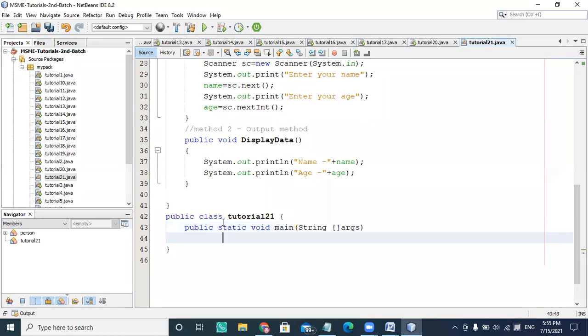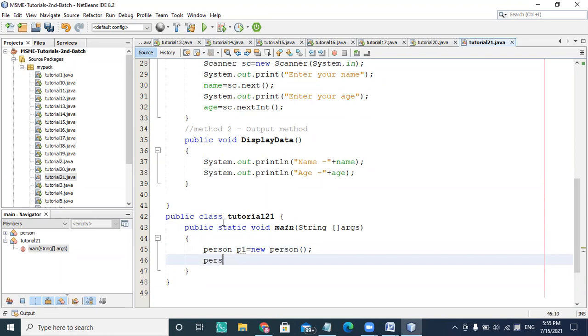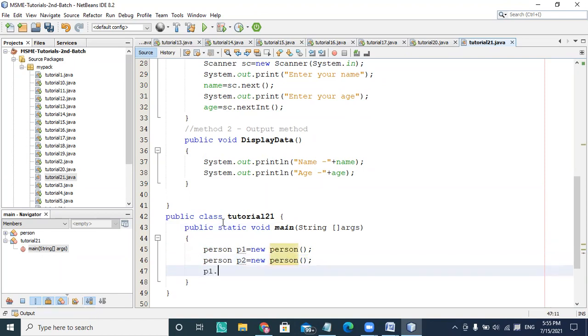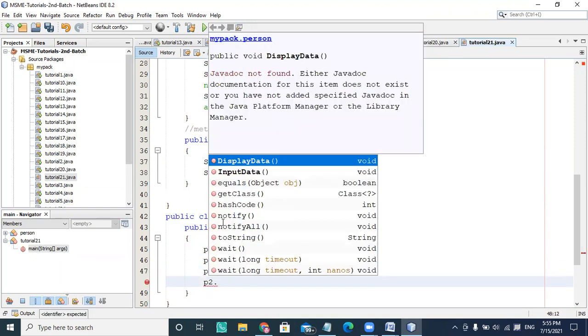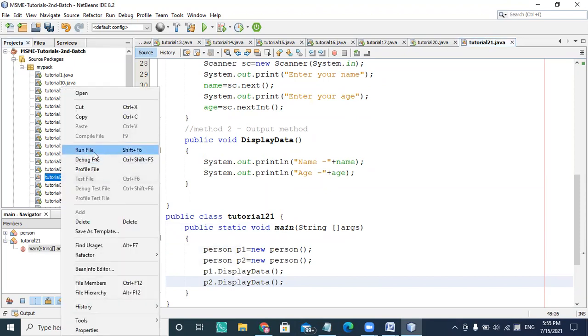Then class of person p1 equal to new person here, person p2 equal to new person, calling my p1 dot display data and p2 dot display data. In both the cases, it's going to show the